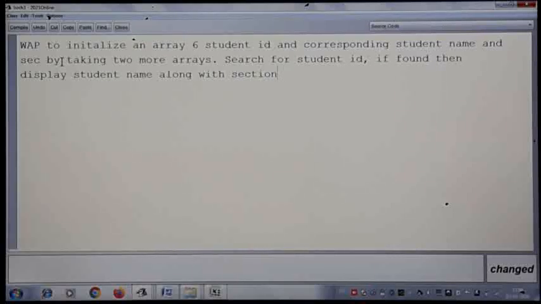So something like that. So we are going to take 3 arrays, one is for student ID, one more is for student name and one more we are taking for section, like section A, section B, C, D, E, something like that. So this is what is initially stored, the list is already available, that's what we are initializing inside the program. Then we'll ask the user to give the student ID to search, then we'll display what is the name of that particular student and in which section the student is. That's the program we are going to write now.